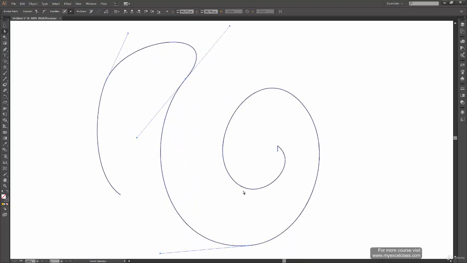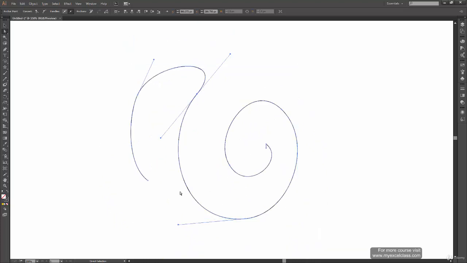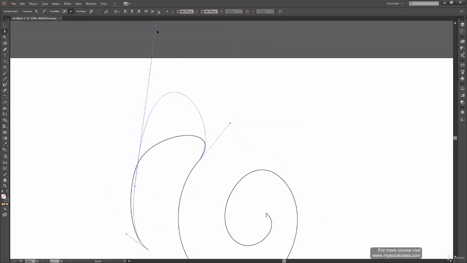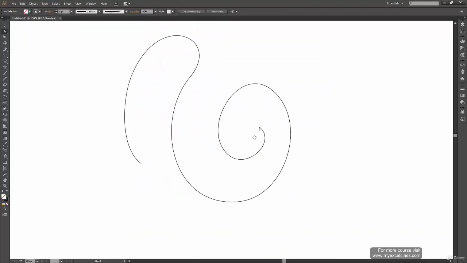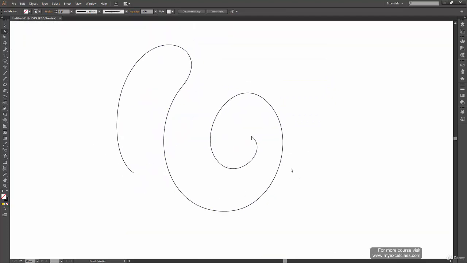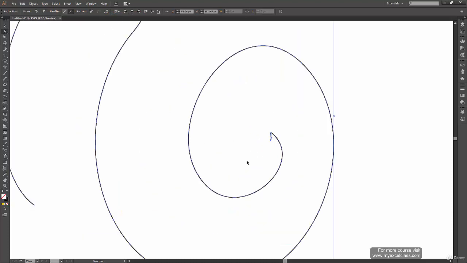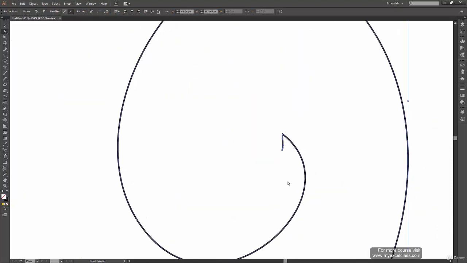So how cool is that actually? Because you have the ability to make changes to your existing path. And this applies to all the paths or all the shapes you are drawing in Illustrator, whether it's a rectangle, rounded rectangle, or any of the shapes we have learned so far. You can use this tool on any of them. We are actually going to cover that today, and we will see how we can make changes in all those shapes also. But right now, let's focus on this shape and correct the last and the first position which we wanted to correct.